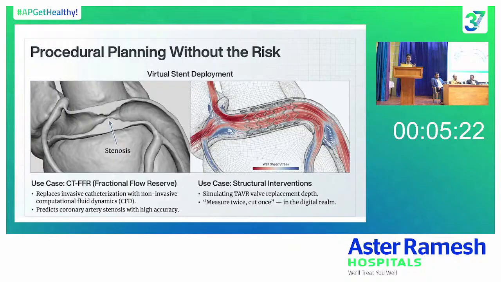In the morning also, Ramesh sir was speaking of it, the CT FFR technology which we have now is a digital twin. You have your CT scan done for the patient, your model is made, which is a digital replica of yours, and then the hemodynamic parameters are embedded into it, which becomes your CT FFR, and then a virtual stenting on it can be done. This is being done by classical computers now, but in the future, quantum computers will do it with millimeter accuracy. The same thing can be done for your TAVI valves. You can just place them in the exact position with millimeter accuracy and see whether there is any paravalvular leak or any rupture of the outflow tract and all before even doing it to the patient.